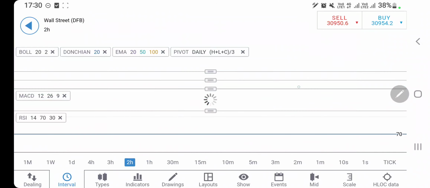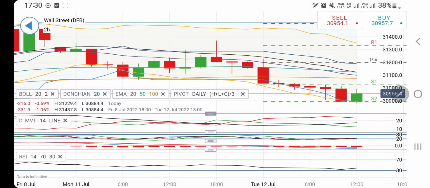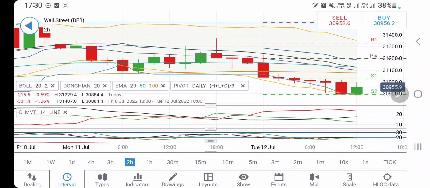The RSI is trading flat, and if you look at the 2-hour charts, on the 2-hour charts too, similarly, see it has seen the highs there at 31,000. Be watchful of 31,020 and 31,040 levels. Beyond that, you can stay long for 31,150 and 31,200 levels. Till the time it trades above 3900, one can stay long, and below 3900 you have to go short. There is no other option.